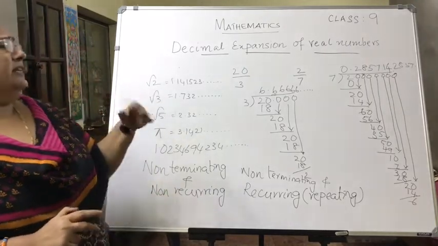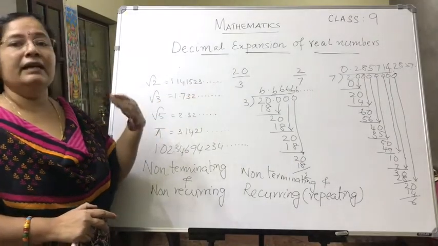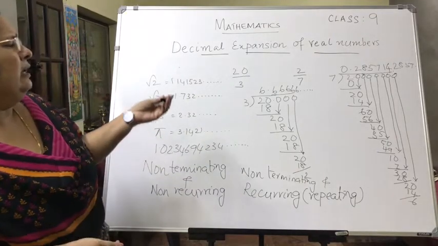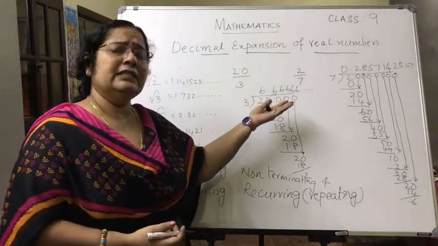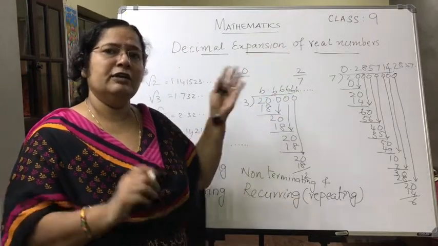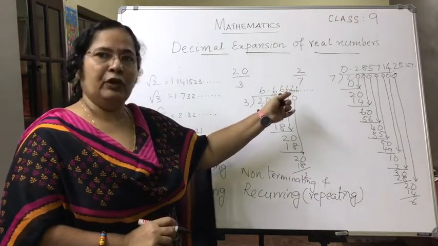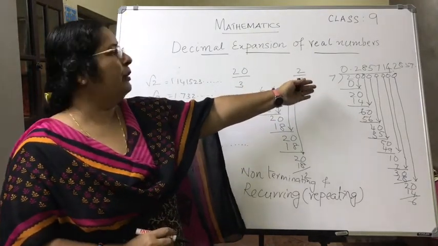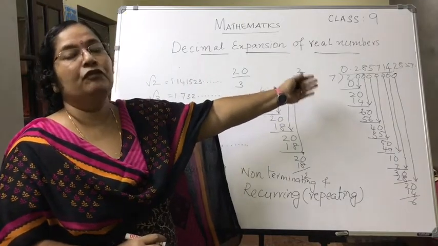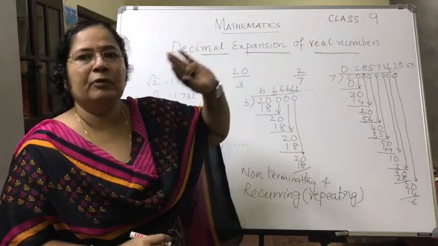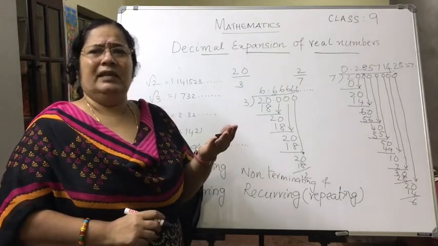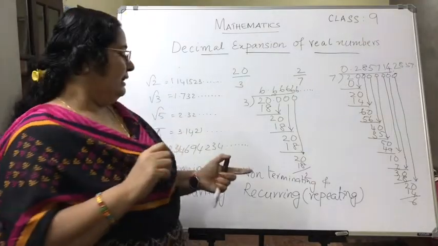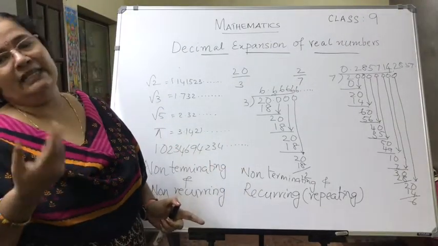Now coming to this decimal expansion where it is non-terminating and recurring. That is for what type of number? For rational numbers. See, is it always possible for us to go on writing 6.66666666 going on and putting dots? What do these dots indicate? That it's going on. Is it easier for us to write every time? You take this 2 by 7, 0.285714285714285714 and then putting dots. Is it possible for us to write it every time? It's difficult. So we have got an easier way for representing the non-terminating and recurring decimal expansion.